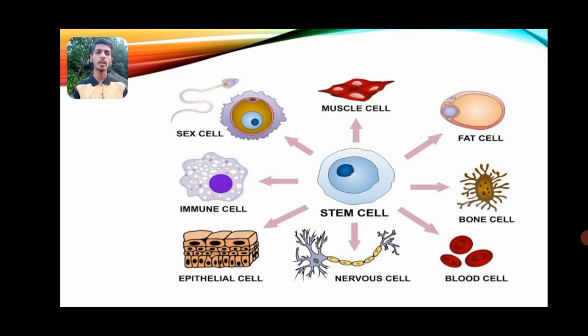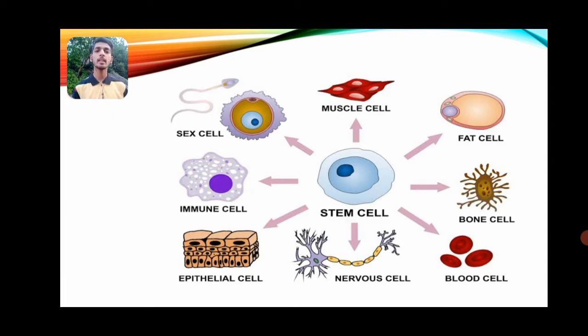In the bone marrow, the bone cells are formed, and stem cells have the ability to develop into bone cells as well. After that, the blood cells, which are the red blood cells, are also formed in the bone marrow cavity, and stem cells have the ability to develop into them as well. After that, the nerve cells. Nervous cells are found in the central nervous system and the spinal cord, where they form their network in our entire body.